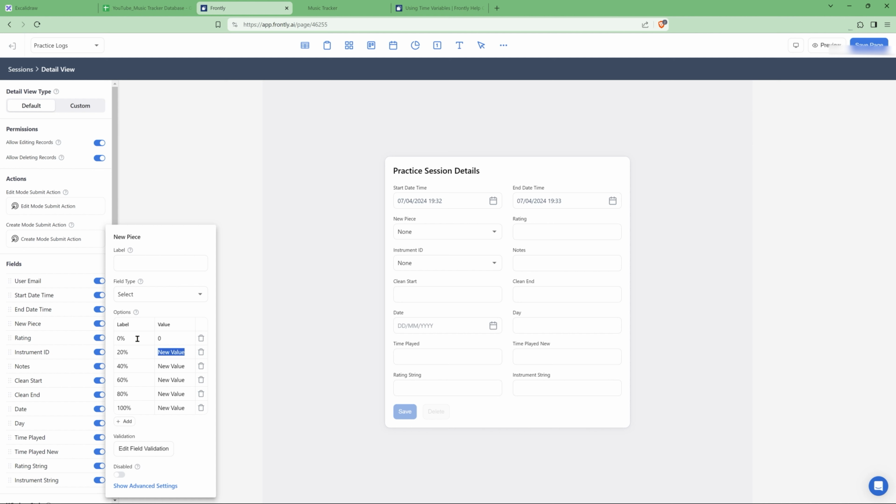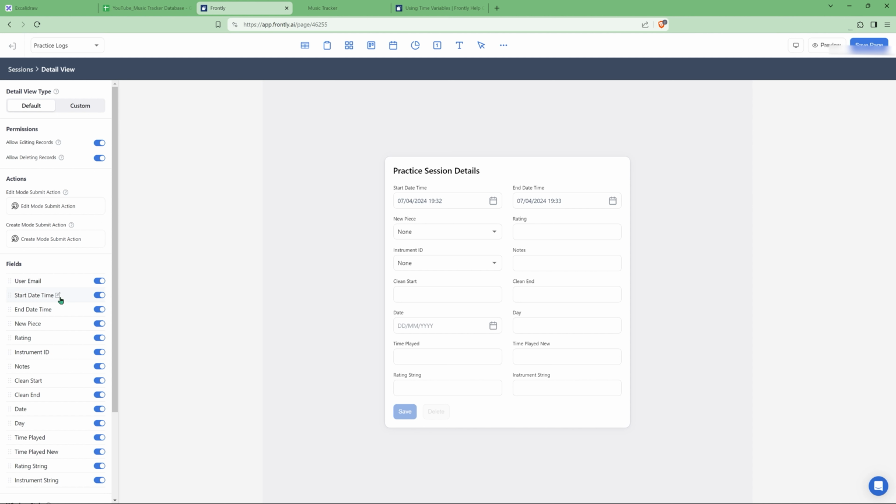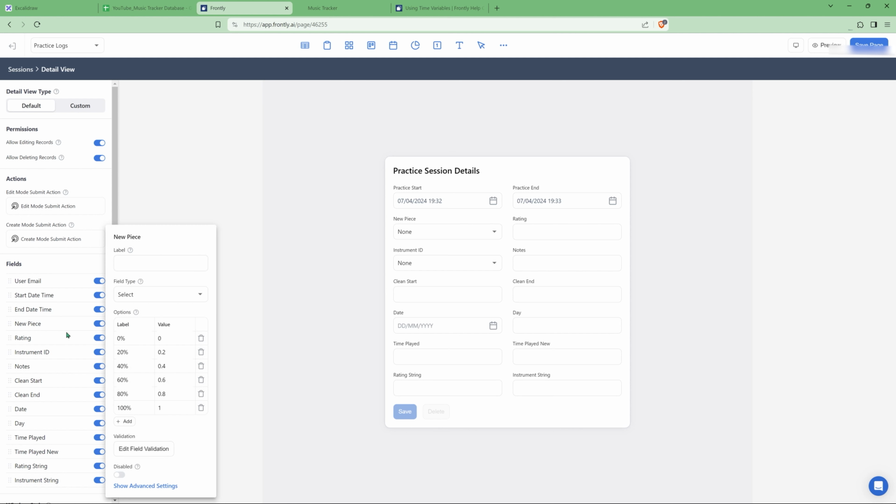We're going to say 0, 0.2, 0.4, 0.6, 0.8, and 1. And those three up to here are all required, so I'm not editing the field validation, but I'm going to change the names a bit, the label. So this will be practice start. I'm going to call this practice end. Let's say here